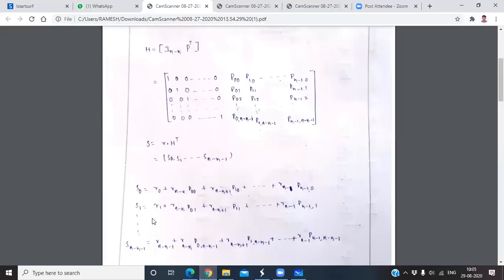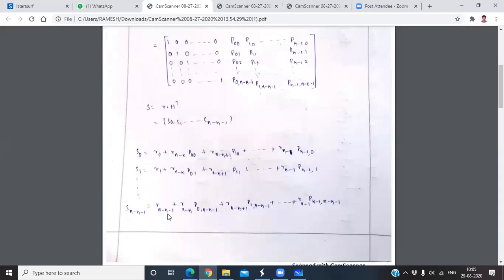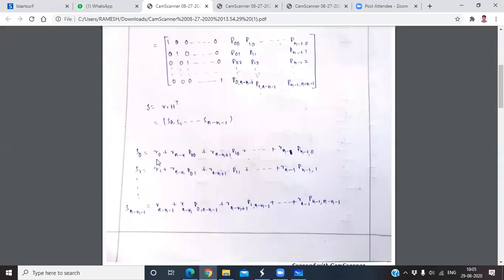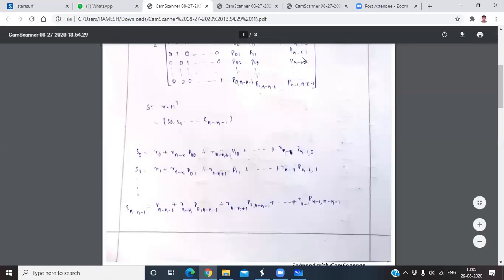That's why here, finally, Rn minus k minus 1. Why is the final bit n minus k minus 1 here? Because the identity matrix is an n minus k by n minus k matrix, so I want to start from 0. That's why n minus k minus 1. Suppose if you want to start with R1 here, then finally you have to write n minus k. But here I started with R0. That's why Rn minus k minus 1. And these are the same, n minus k plus 1 and so on up to n minus 1. And finally these are also Pk minus 1, n minus k minus 1.